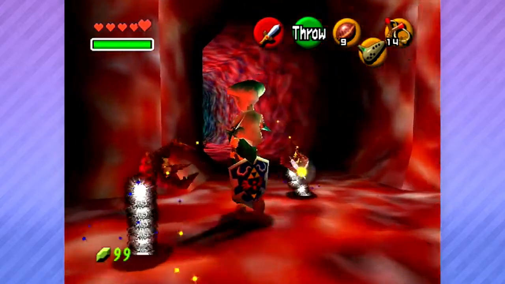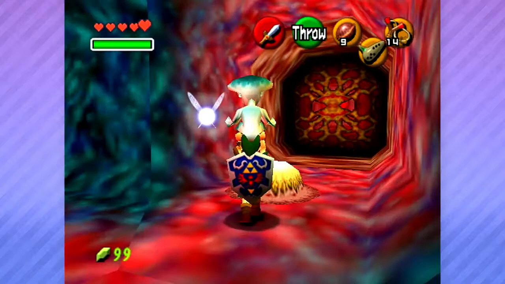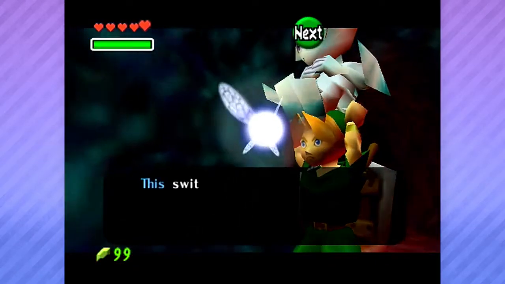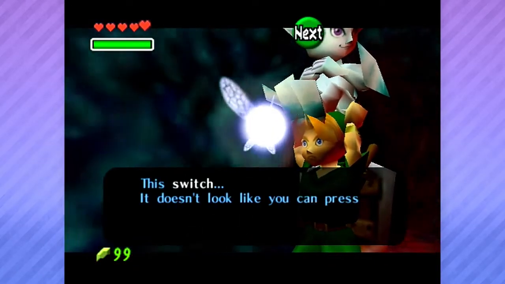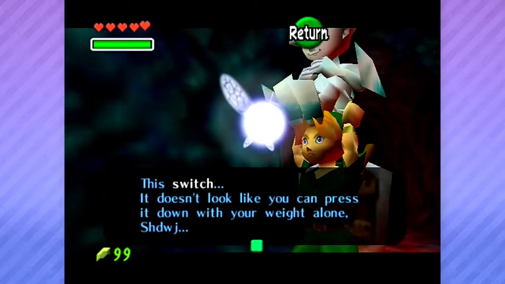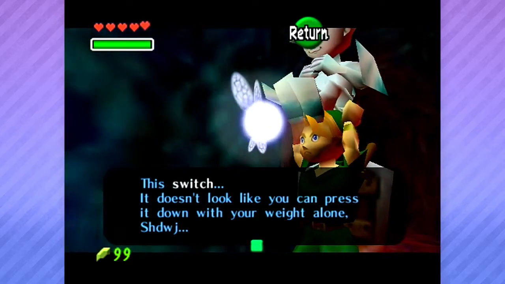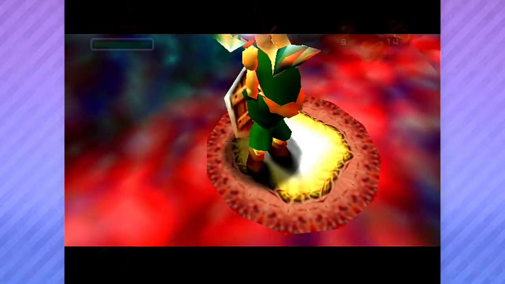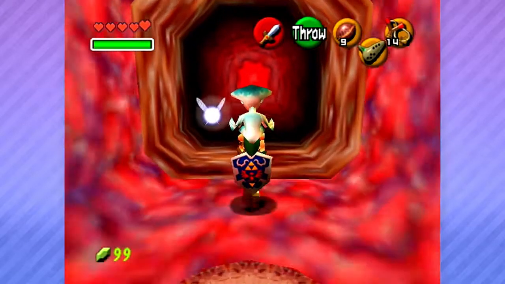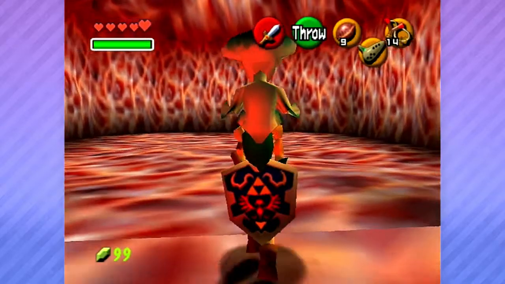I mean, we could be going through this dungeon a lot more quickly, but there are 2 things keeping us from that. One, I am not using a walkthrough and I hardly remember anything about this dungeon. And 2, your sass, Princess Ruto. This switch, it doesn't look like you can press it down with your weight alone. That's why I'm holding on to Princess Ruto. Why do you gotta tell me a second time? Well, at least we don't need to drop Princess Ruto, you know, so let's just...